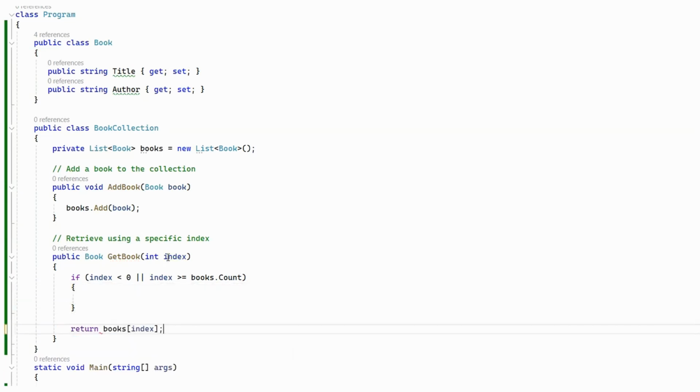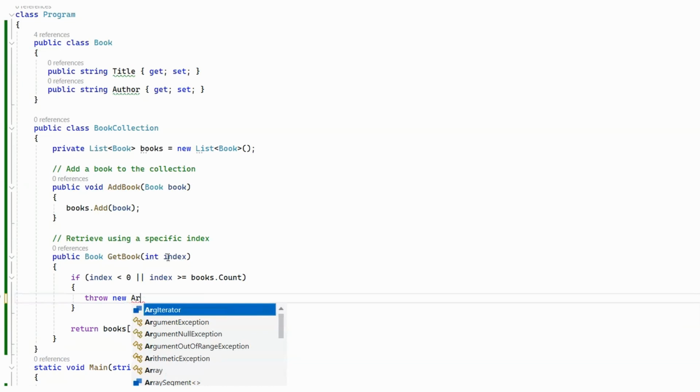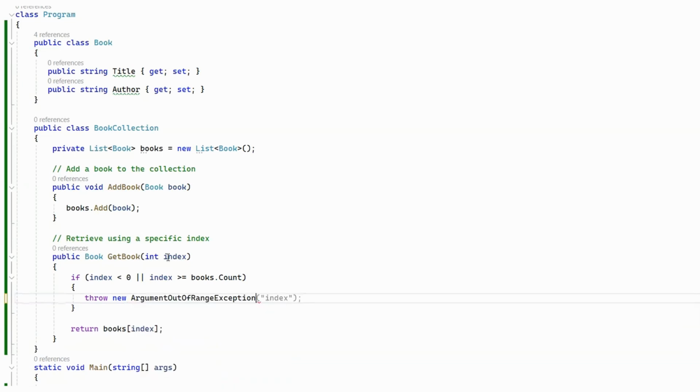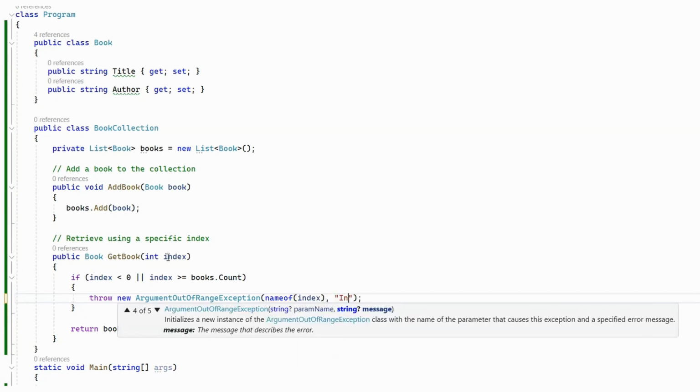So let's return the book, and here we're going to throw new ArgumentOutOfRangeException, and we're going to go nameof(index), and then we're going to say index is out of range, for example,